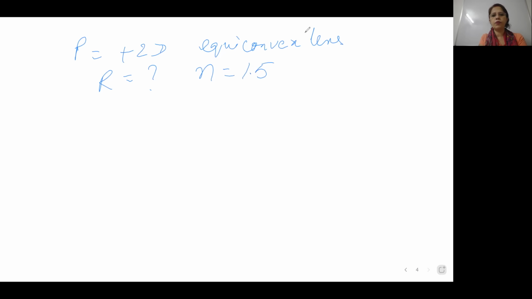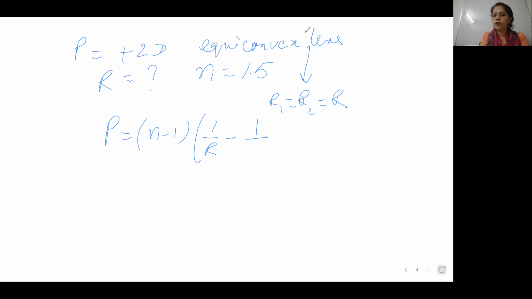So first, what is an equiconvex lens? Equiconvex lens means R1 is equal to R2. Let it be R. So what is the formula? 1 upon F equals N minus 1, 1 upon R1 minus 1 upon R2. 1 upon F is nothing but P. So P equals N minus 1, 1 upon R minus 1 upon